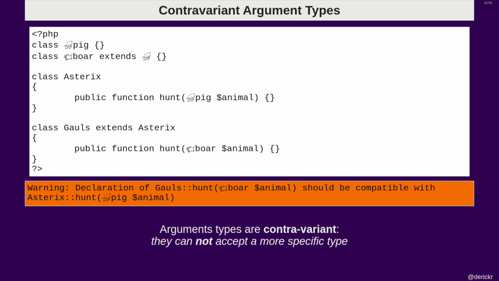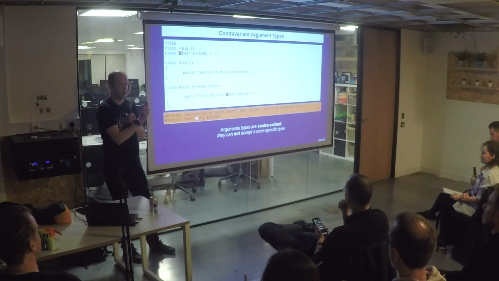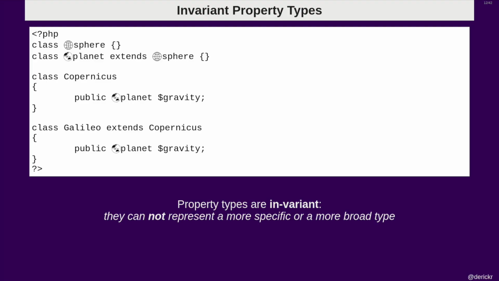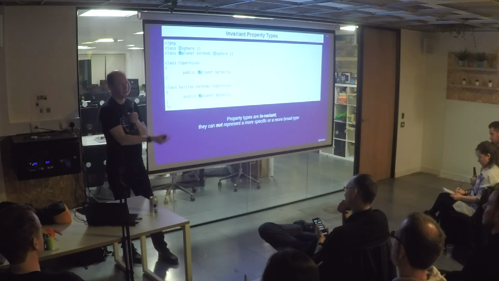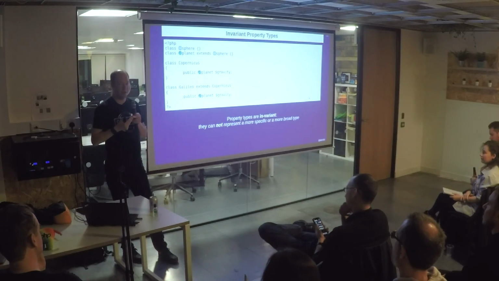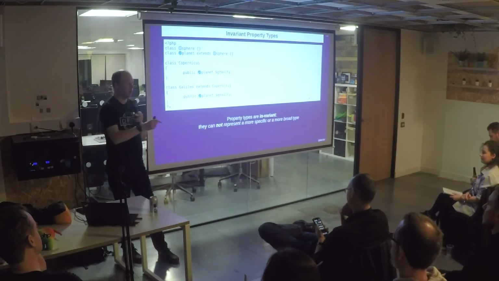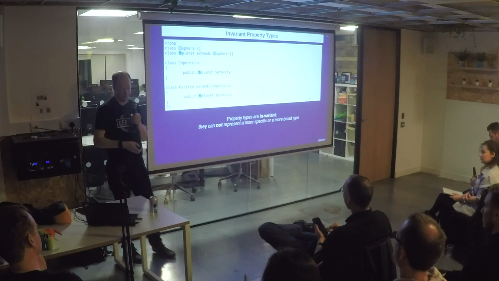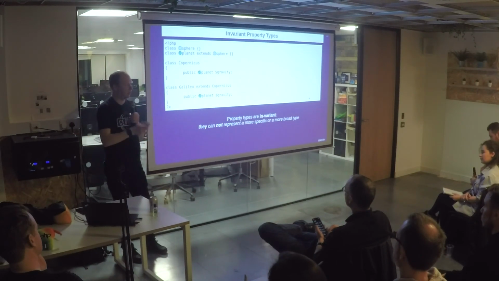Now, there's of course a third class, which has just been introduced in PHP 7.4, which is your property types. And these are invariant property types. You cannot make the type wider, or more restricted, because a property you can always read and write, and if you change anything with the typing in it, then a class that originally would be able to read and write this property type would not know how to deal with something more specific, because a class, for example, in this case, might already write planet, and you couldn't do it the other way around. So the property types that are new in 7.4 are invariant.